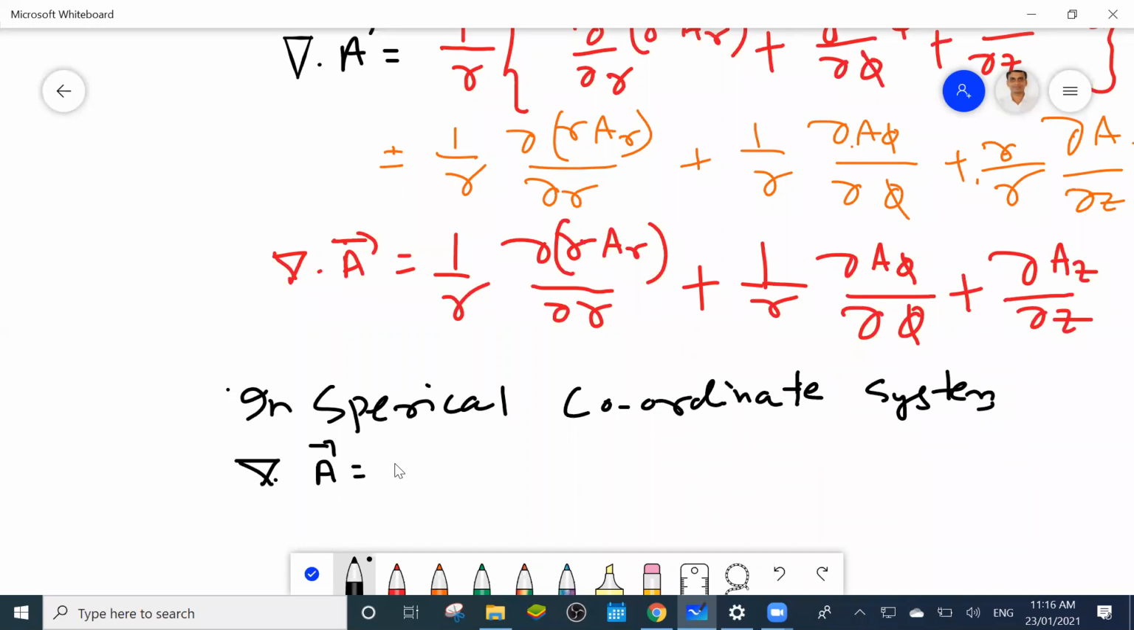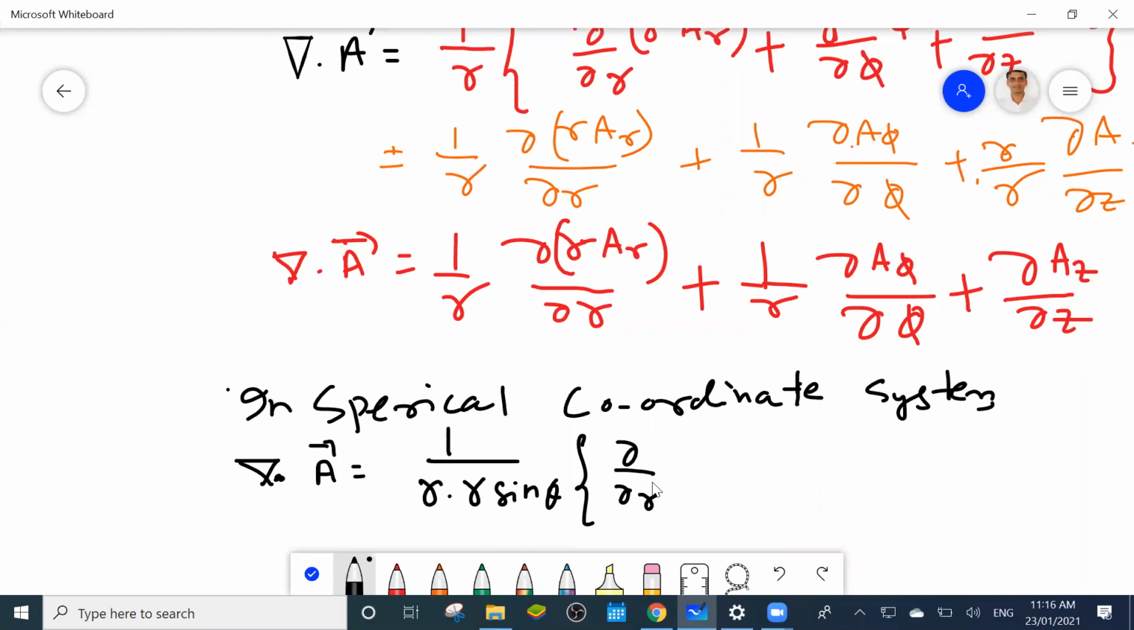One by H1, H2, H3, so that I can write 1 by R square, 1 by R into R sin theta, into R sin theta, because H2, H3 is this one. Then what is the other term? Del by, this is R theta phi. So del by